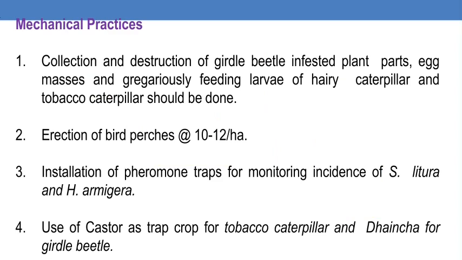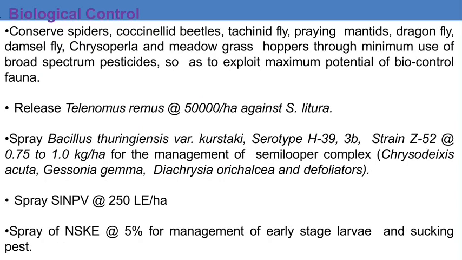Then we can use bird perches at the rate of 10 to 12 per hectare. Then installation of sex pheromone traps for monitoring Spodoptera litura and Helicoverpa armigera. Then use of castor as a trap crop for the tobacco leaf-eating caterpillar and dhaincha for the girdle beetle in the soybean crops. In biological control, these are the different